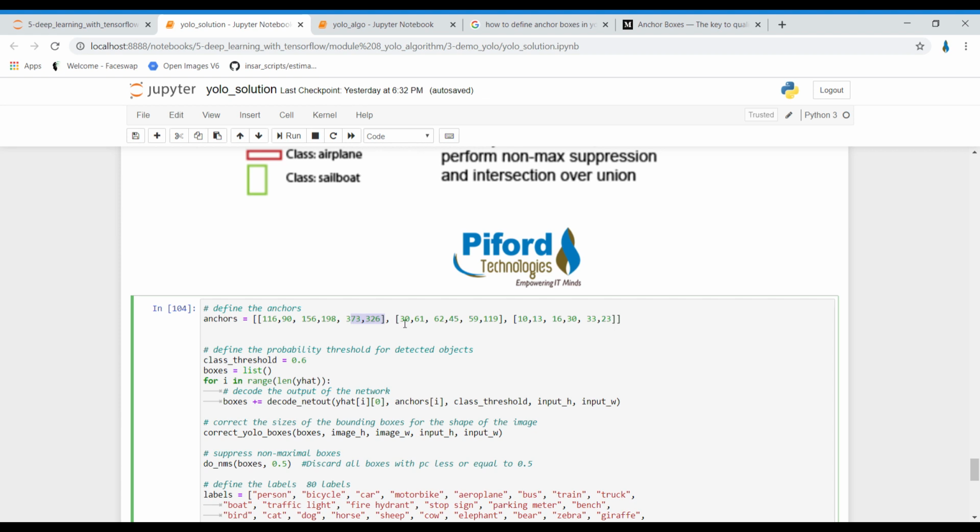In the same way, this is the height and width of the second anchor box. This is again the height and width of an anchor box. So for 3 different scales, we are having 3 anchor boxes each. And how are we deciding that we want to have only 3 anchor boxes? For that, YOLO is using k-means clustering, and on the basis of the 3 most common shapes, it will choose the anchor boxes.